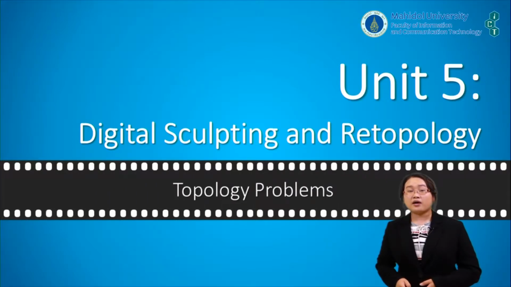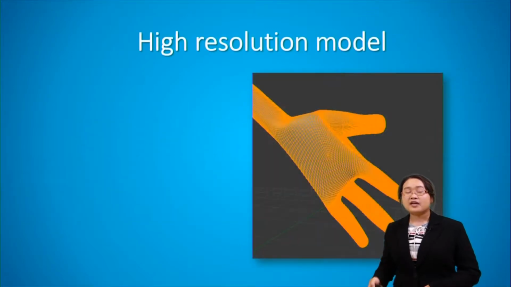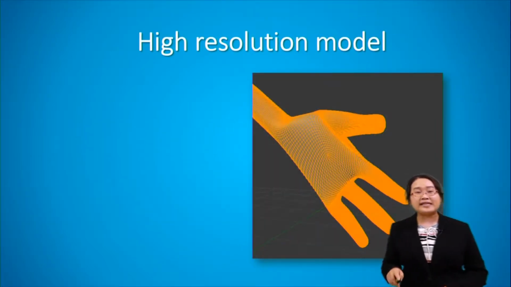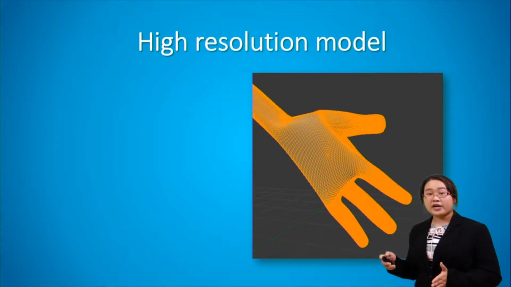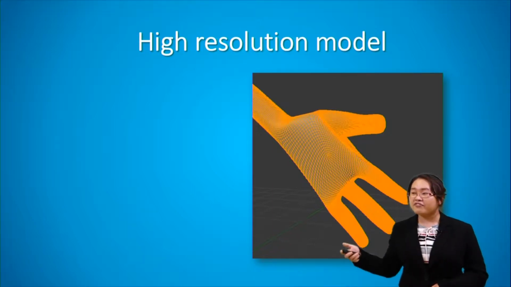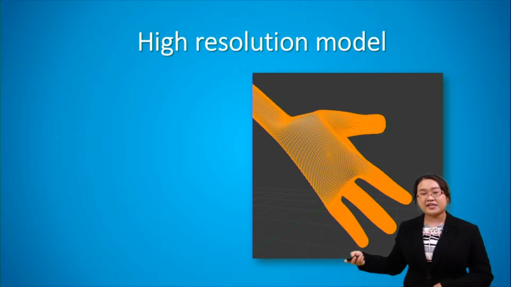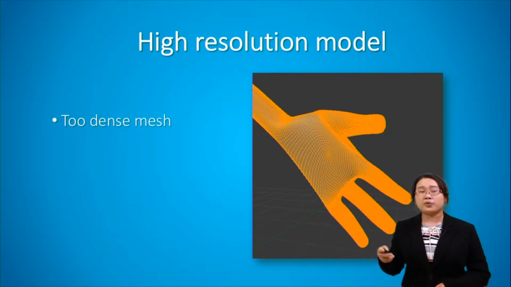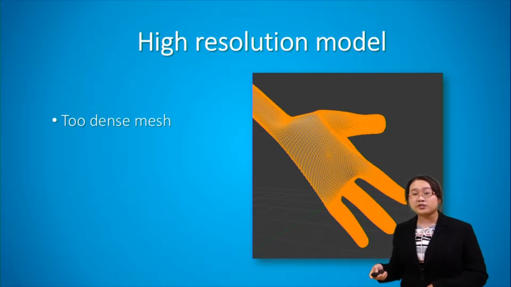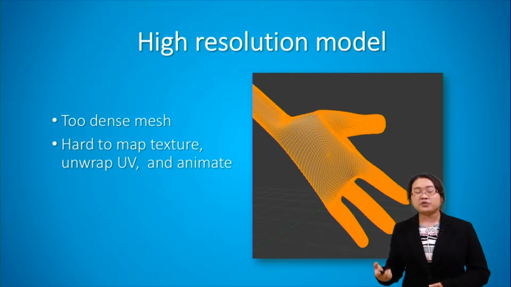Let's see what problems in topology can affect computer animation. There are quite a lot of them. The first one that you might see a lot is the problem if your model has too high a resolution. For example, if your model has too many vertices, it will also have too many edges and faces. It's not only the computational time, but it will also affect the functions or features within computer animation